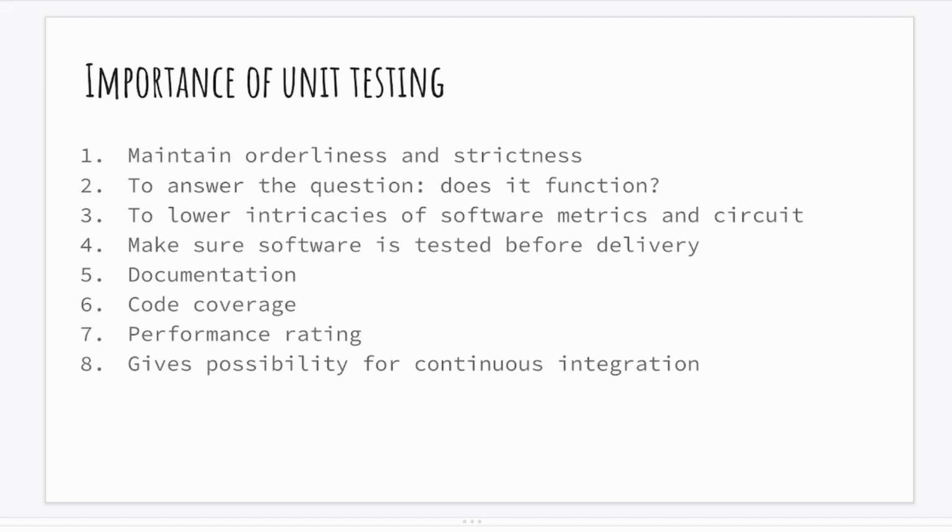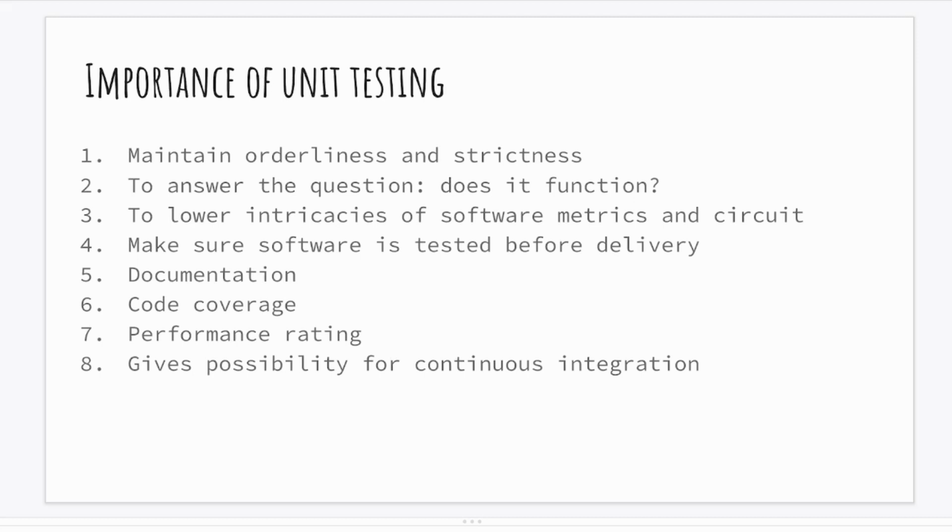The next one is to lower the intricacies of software metrics and circuits. As more code is added, it can make it much harder to achieve a good measure of unit test coverage. Ensuring good code coverage will save from redundancy or unnecessary lines of code. And unit testing can help with this. Testing small portions of code can display the coverage for certain functions, methods, etc., and to help the engineer determine